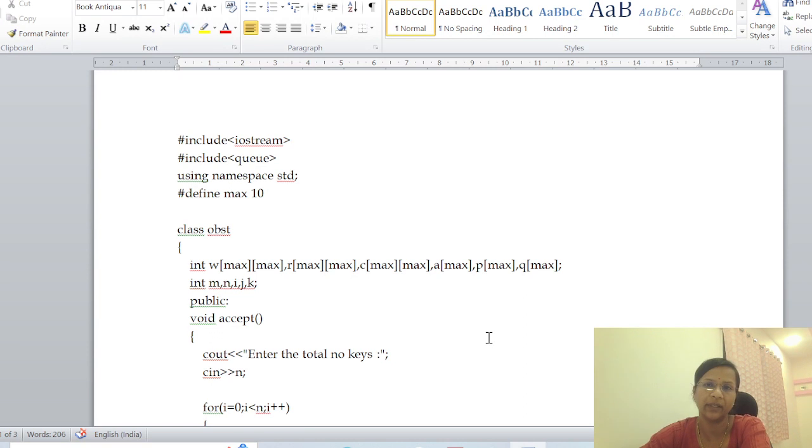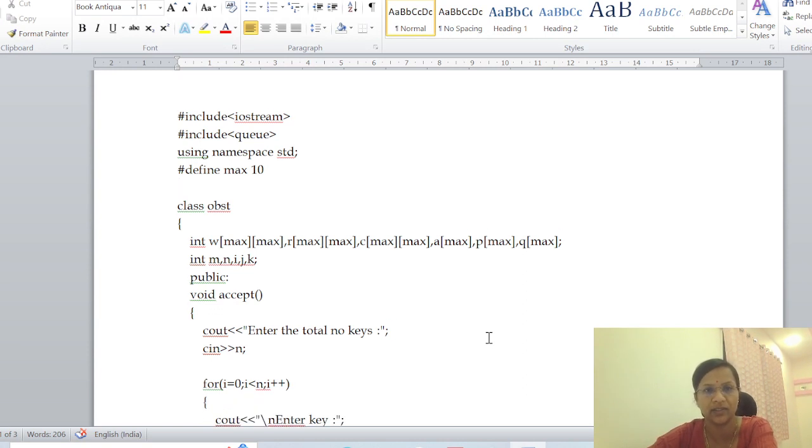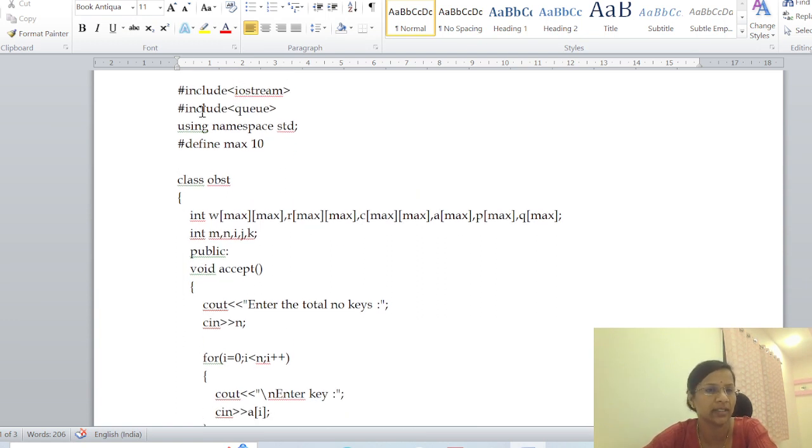Let's see the implementation of the optimal binary search tree. As we know, for an optimal binary search tree, we have to read the number of keys as input, and with the number of keys we also need to know the probabilities of successful search and unsuccessful search. So here we include the necessary header files, and the maximum number of keys which a tree can have is taken